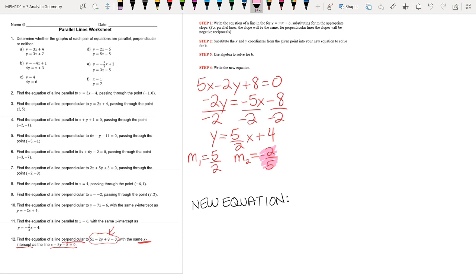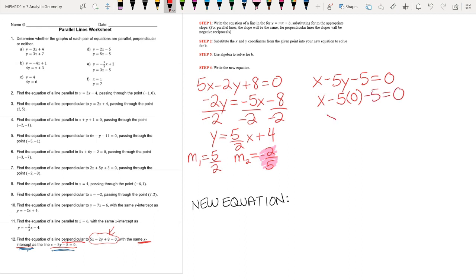All right, now we need to find the point that we can use in order to determine the y-intercept of our new equation. And the point that we have a clue for is it's going to be the x-intercept of this equation down here. So let's find the x-intercept. How do we do that? We substitute in for y 0. So we're going to write out the equation here, and the equation is x minus 5y minus 5 is equal to 0. I substitute in for y 0,